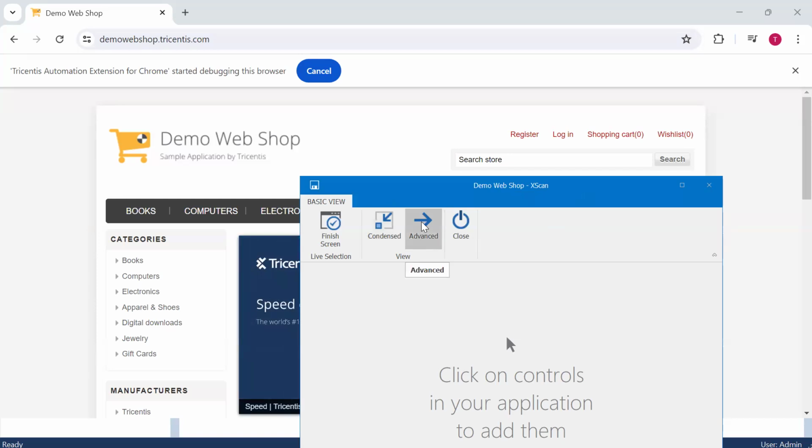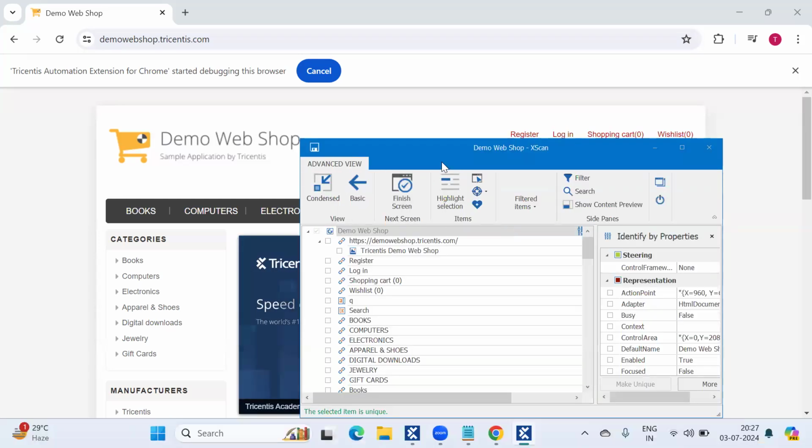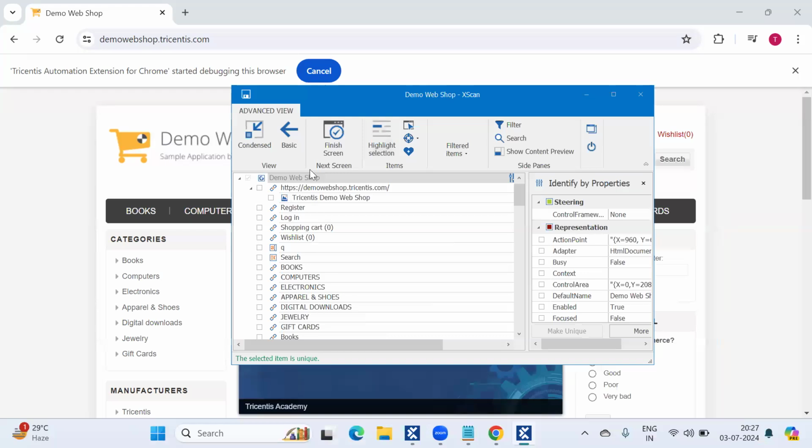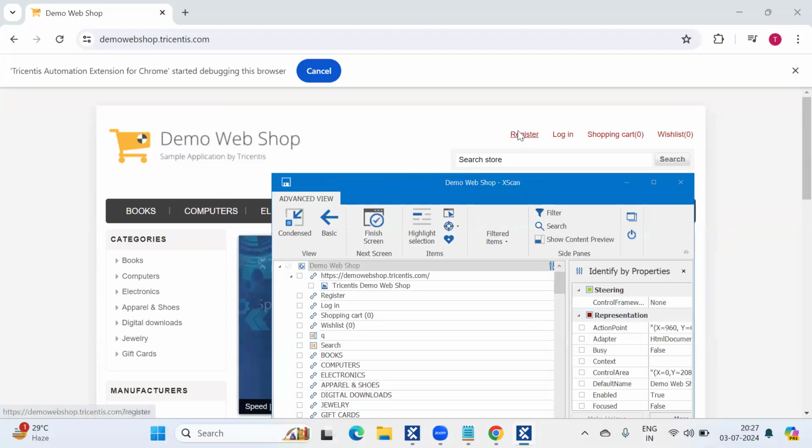If you jump to the advanced view, you can see all other sections are also available here. If you click on select on screen, you can directly select your controls from the advanced view. I hope you find the difference, right? In condensed view, the XScan window will be minimized and you can scan the controls directly without clicking on select on screen.